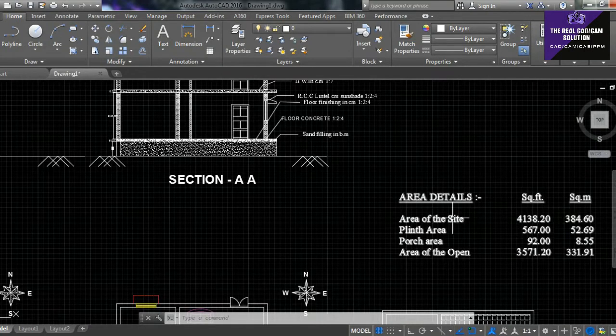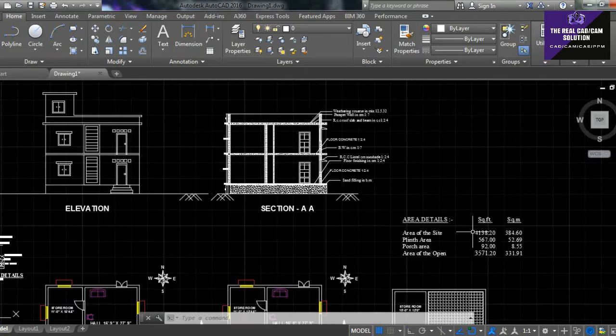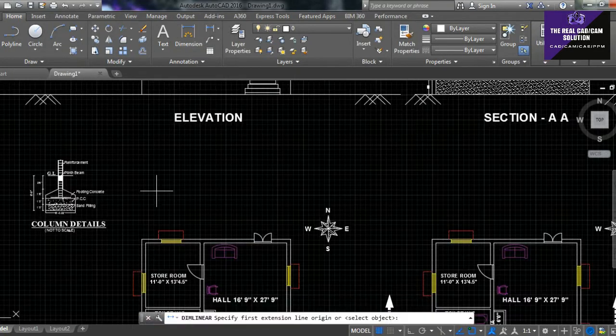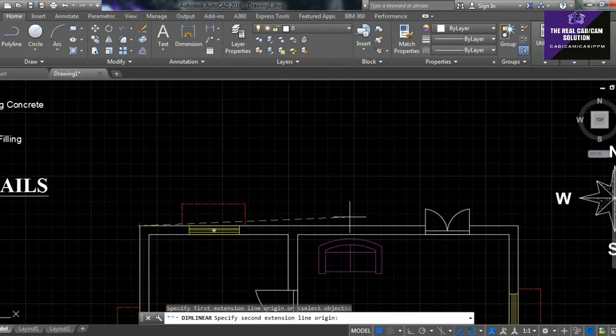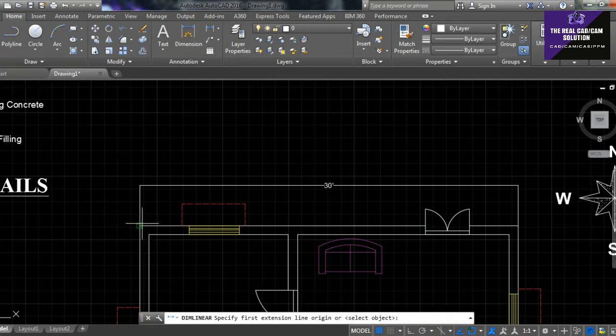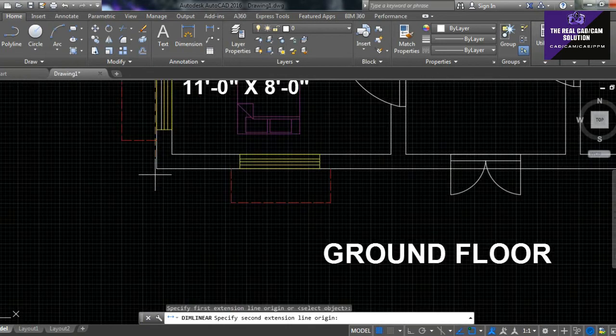First of all, my site area: I just choose this dimension, 30 feet cross 40 feet, I think so. Here it's 30 cross 40, which I think is 1200 square feet presented here.